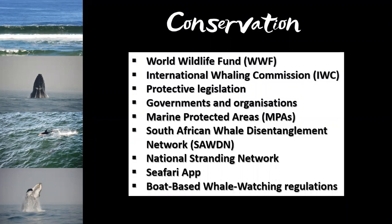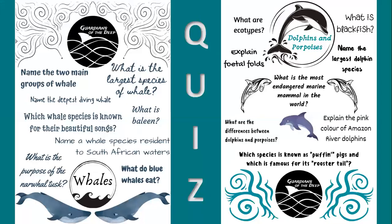When it comes to the impact we can have on cetacean conservation, remember the power that our everyday choices hold. Only support responsible fisheries and permitted boat-based whale watching operators. Reduce your use of single-use items and materials, clean up your local neighborhood river or beach, and encourage other sustainable living choices. You should now be able to answer all of these questions,